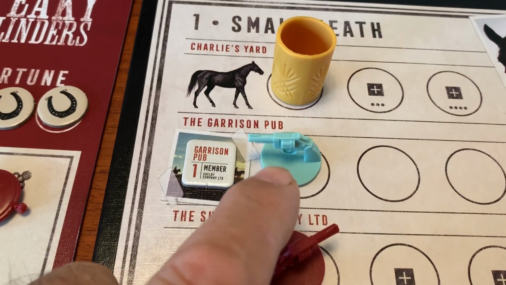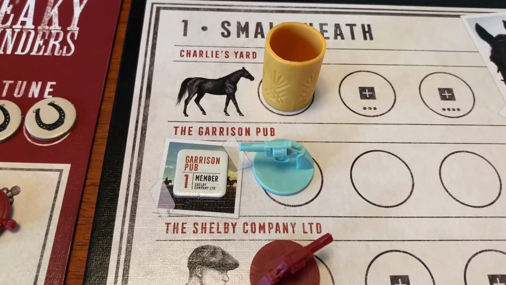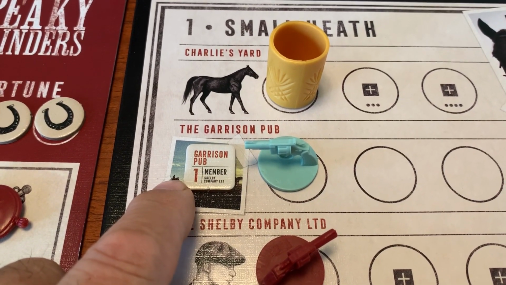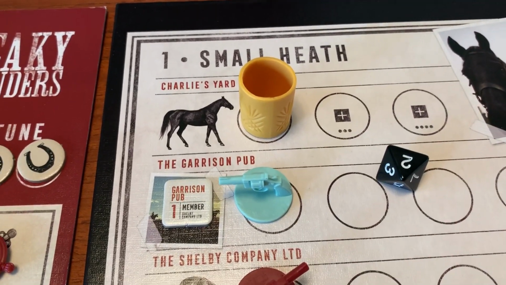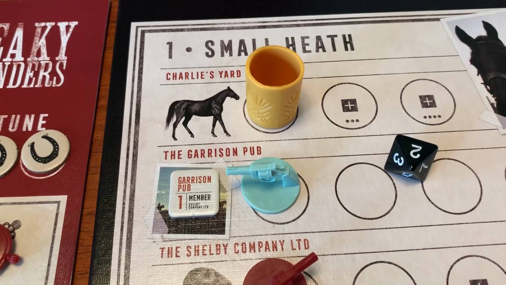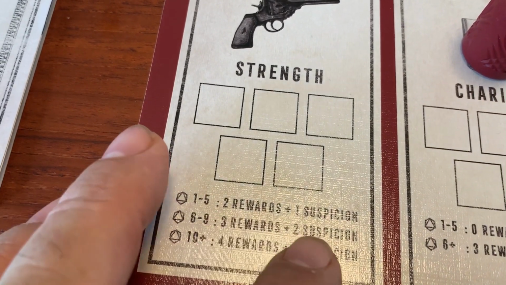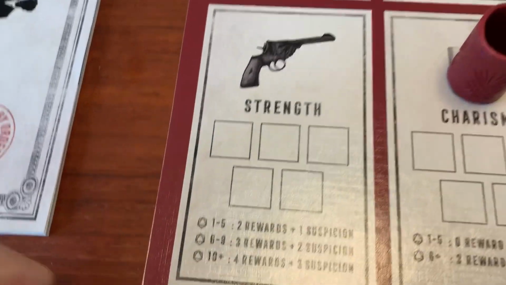He is using strength at the garrison. So his rewards will be members in his gang. And he's using strength. So he throws the dice, gets a 2. So let's have a look over here. He's using strength, 1 to 5, 2 rewards, 1 suspicion. So he gets 2